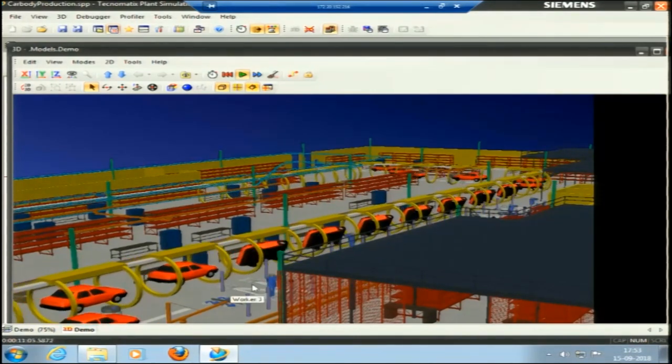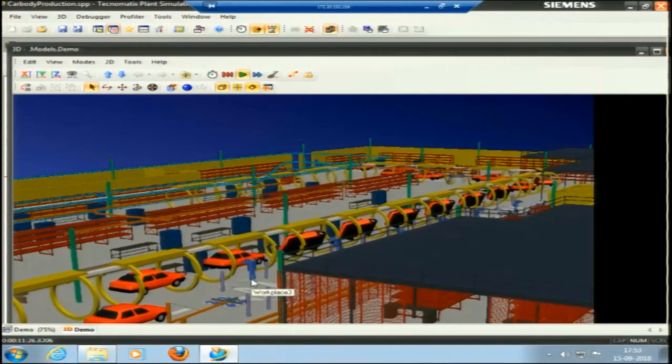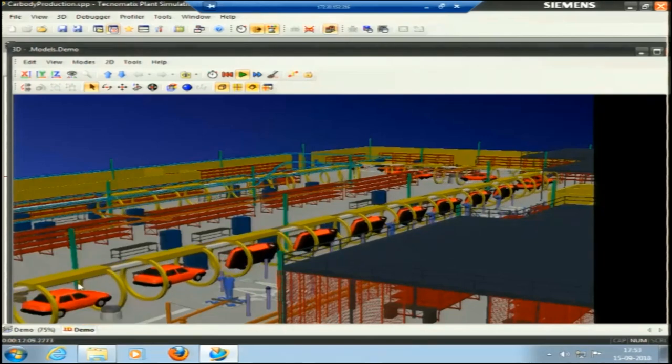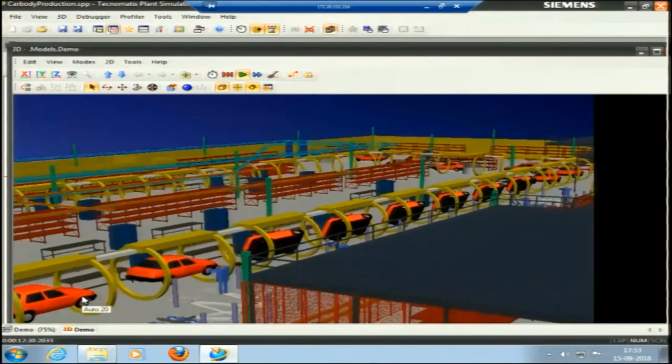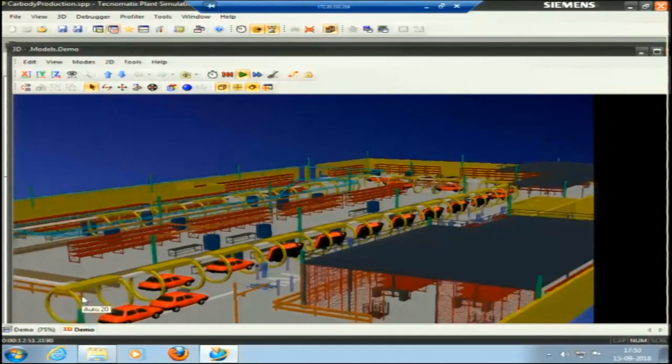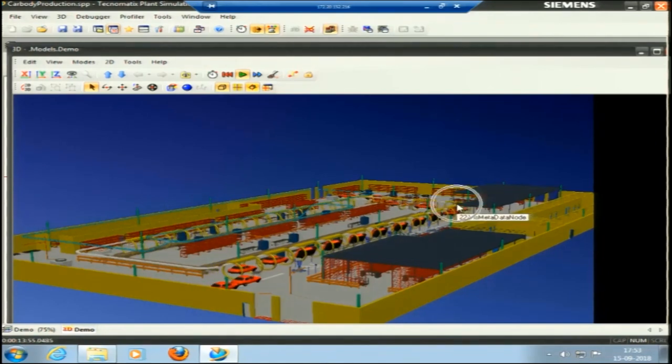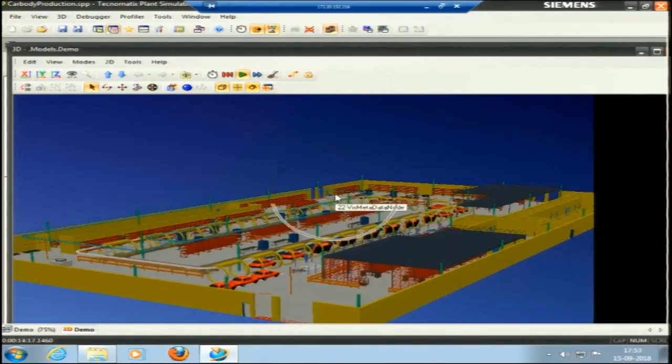This space at the bottom is where the worker is working, and some other processing is also happening. This is my entry point, and here it is taking a turn, and this is my exit point. So, this is the factory.